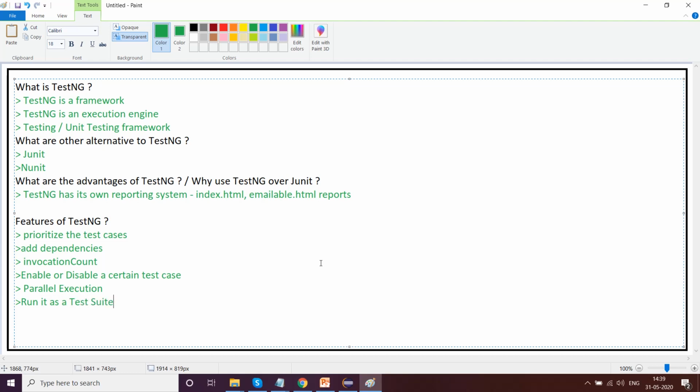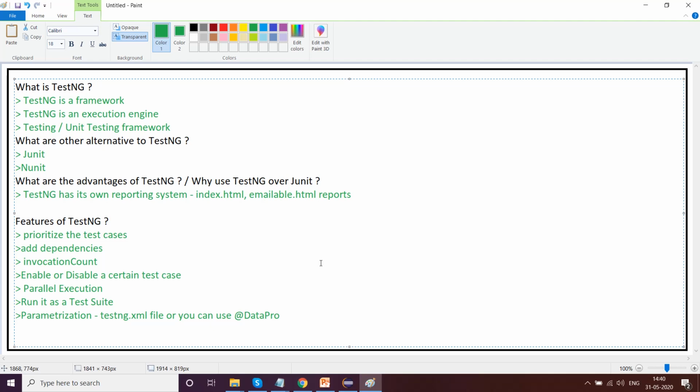So there are a lot of options. One of the most important factors is parameterization, which is done either by the testng.xml file, or you can use the annotation @DataProvider.